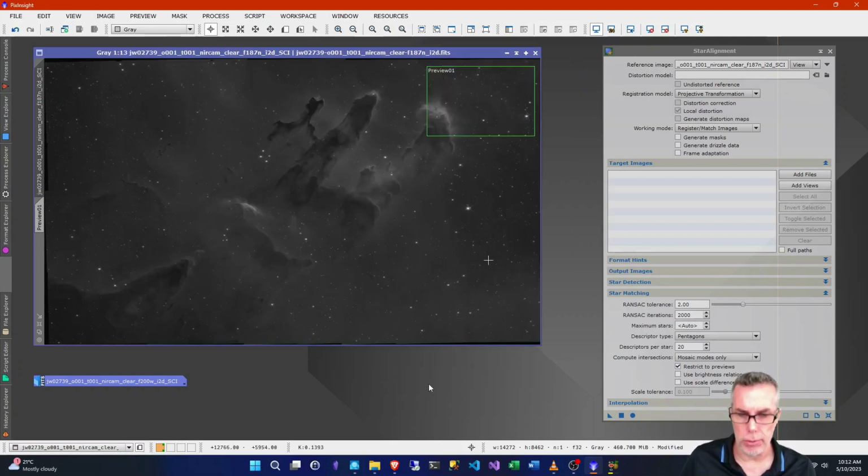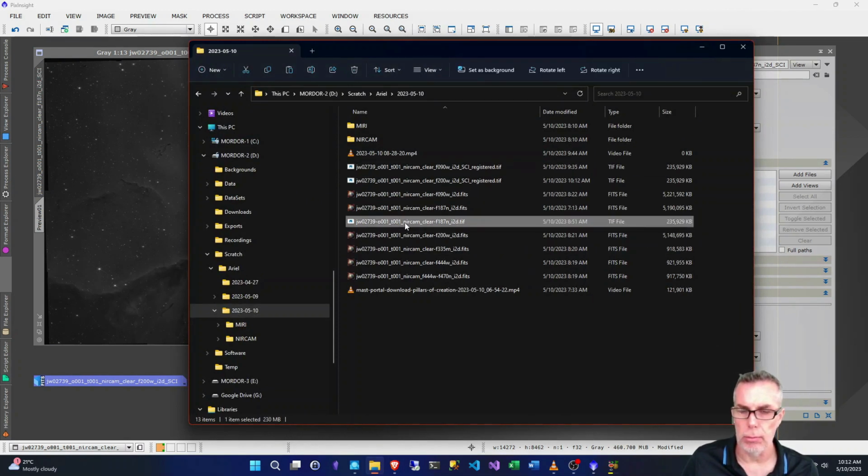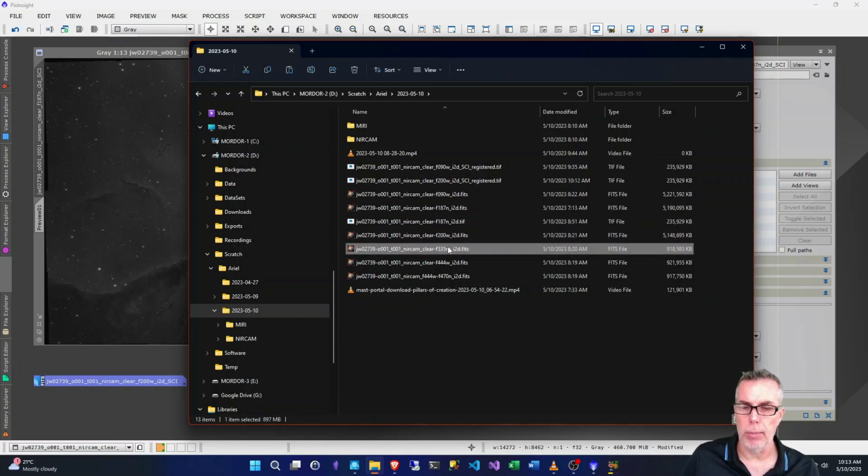Just reviewing, we now have 3 TIFF images. The original one is our 187. Let's resort them. So we have our 187, we have our 90, and we have our 200. The next one we can process now is our 335